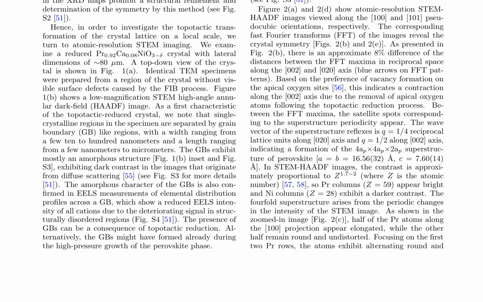This superstructure arises from periodic changes in the intensity of the STEM image, where half of the Pr atoms along the 100 projection appear elongated, while the other half remain round and undistorted. The zigzag line patterns of Pr atoms alternating along the 101 direction are observed, forming a 4-layer repeat sequence, ABAC stacking. EELS elemental maps of Pr, Ca, and Ni confirm the A-site cation stoichiometry and uniform distribution, suggesting that strong